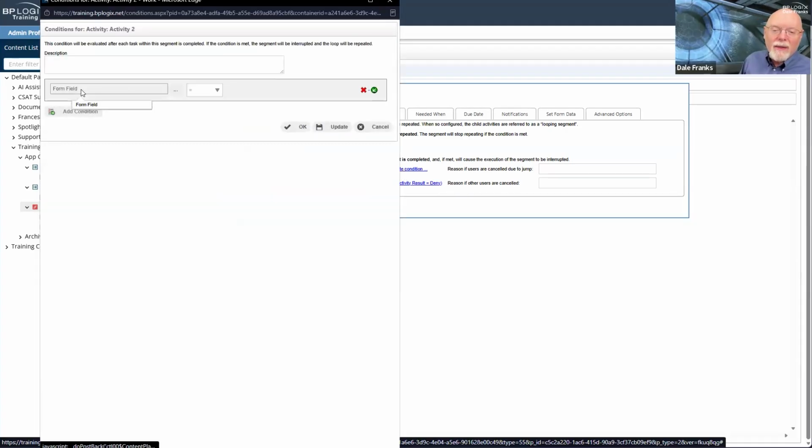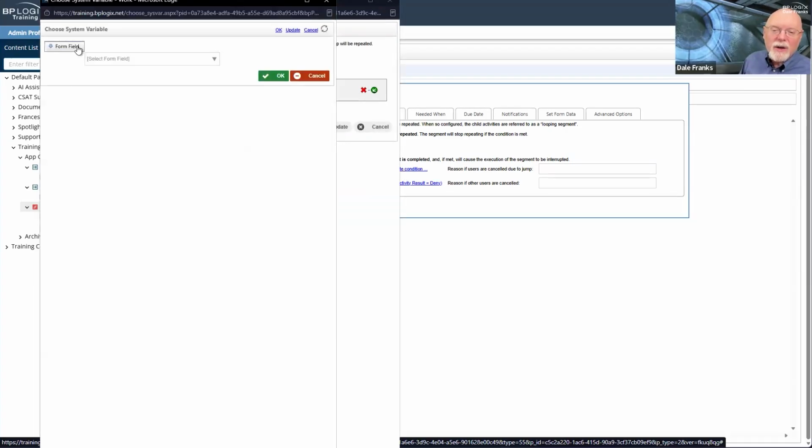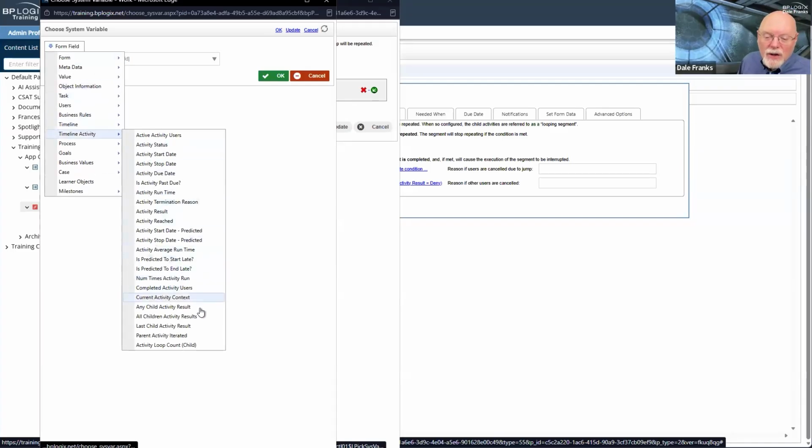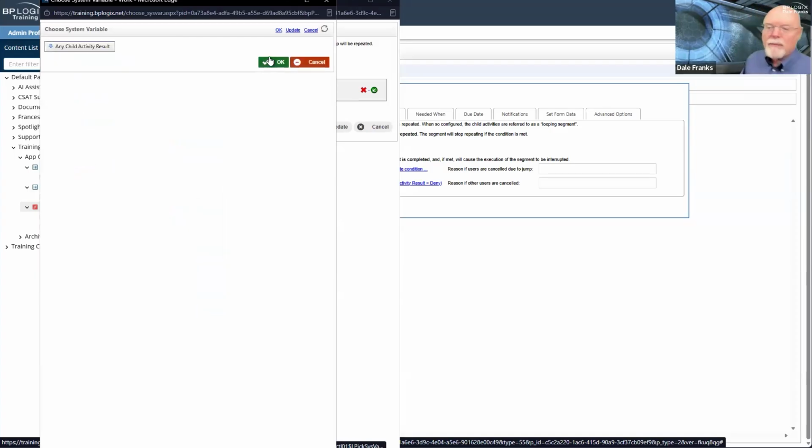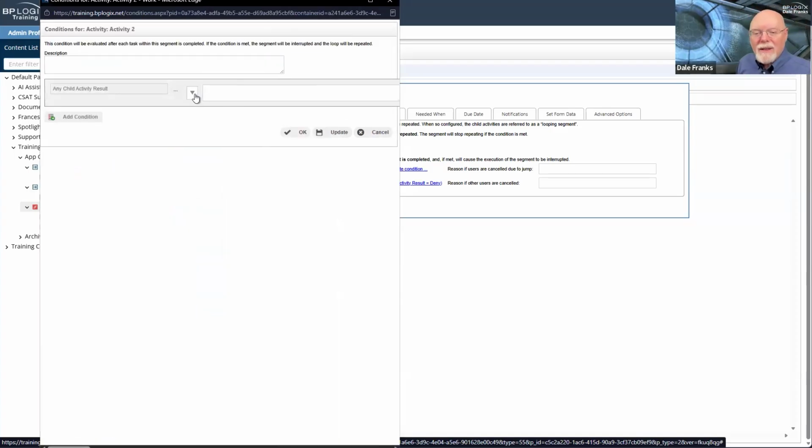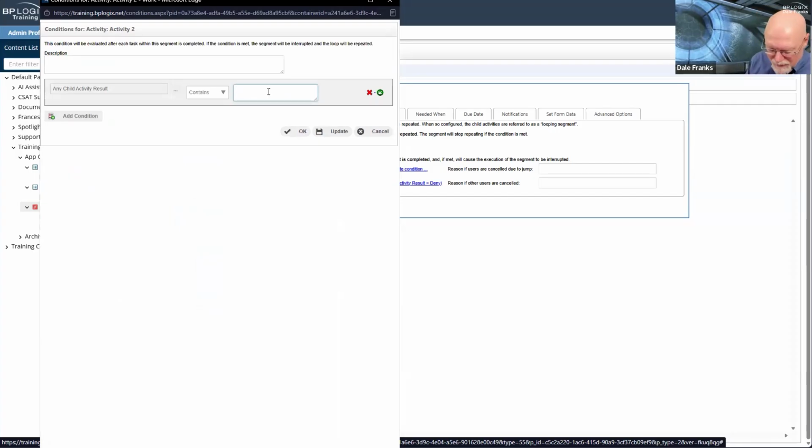So in this case, we're going to add a condition where any child result or any child activity result, and this time we're going to use contains. So any child activity result contains, and I'm going to use some more generic wording here.